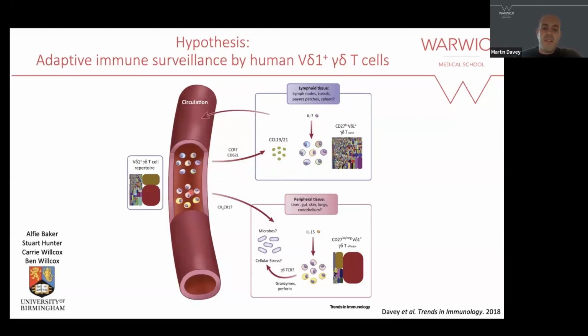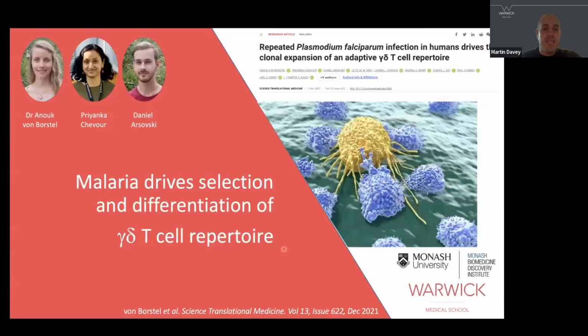And then conversely, the clonal population may well be trafficking to peripheral tissues. We've done a bit more extensive work around this, and we do find clonal populations that are in the blood and tissues, and I'll talk about that a bit later. But they were highly sensitive to IL-15, which is a key molecule in many tissues, and particularly in inflammatory and infection sites. And we think these might be recognizing microbes. But again, that's a bit of a hypothesis, and I'll talk a bit more about data in the context of malaria.